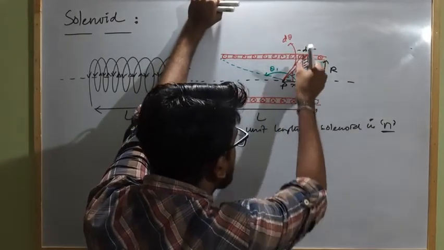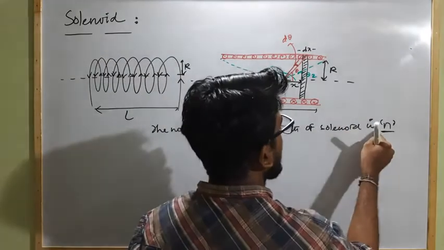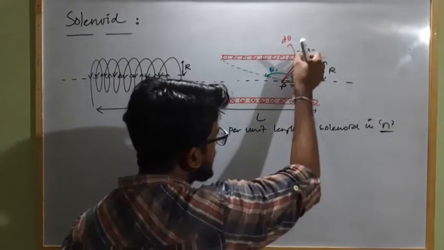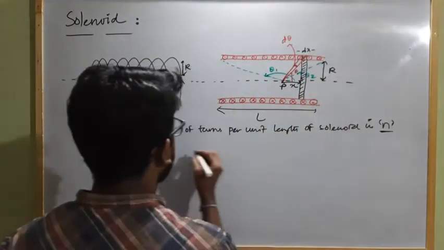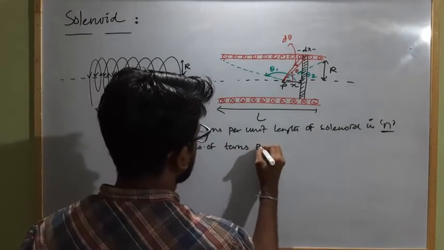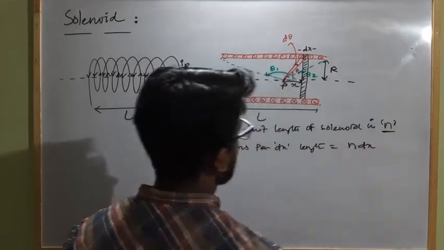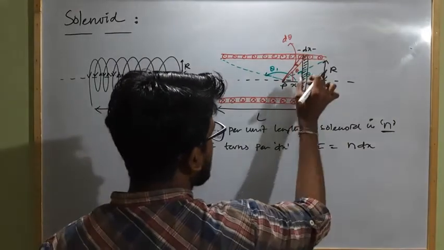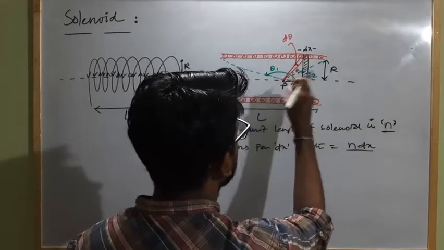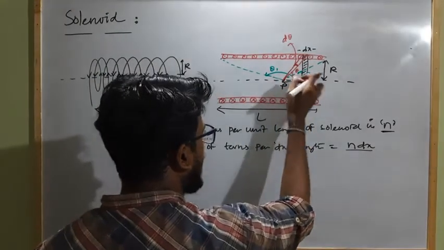Now we have to find out the net magnetic field strength at this point P due to this strip of thickness dx. Clear? As we know, the number of turns per unit length of the solenoid is n. That means for unit length there are n turns of coils. So for thickness dx, what will be the total number of turns of coils? The number of turns for dx length is n dx, and for these n dx coils the point P is an axial point at a distance x. So what will be the magnetic field strength due to this strip at point P?